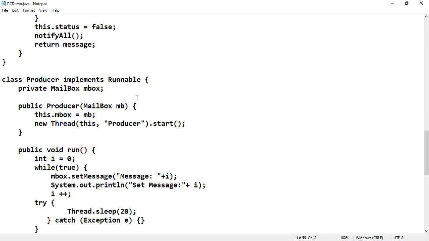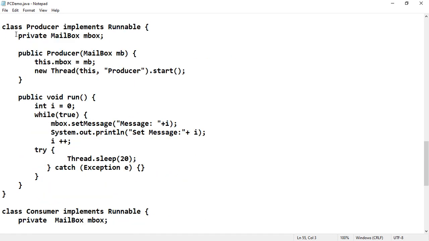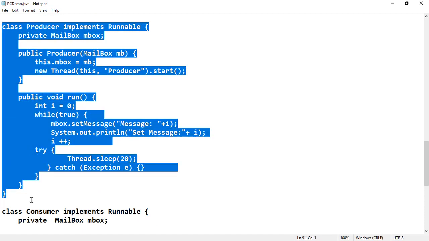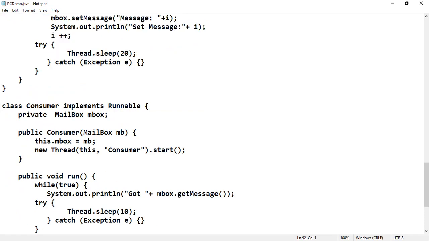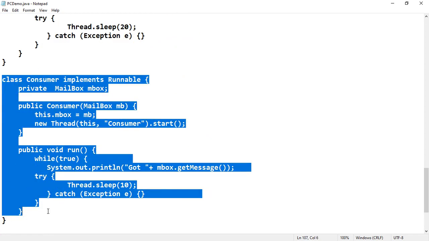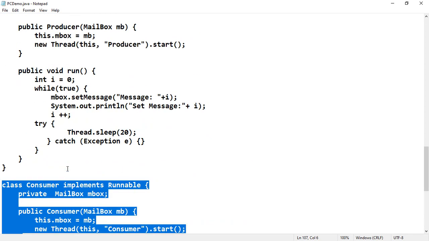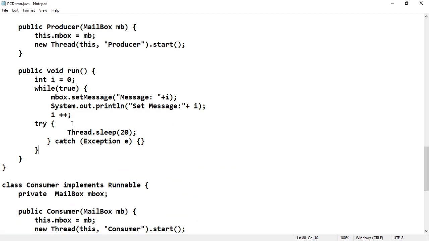So next we'll move on to the producer and consumer. The producer class is similar to the class that we have written previously, and the consumer class is also the same class that we have discussed previously. But the only difference is that while printing the set message and get message, I have provided Thread.sleep of 20 milliseconds. This is especially for viewing the output in the correct order. Otherwise you will get the output in a zigzag order, so that identifying whether the producer produced the message or the consumer consumed the message will become difficult.